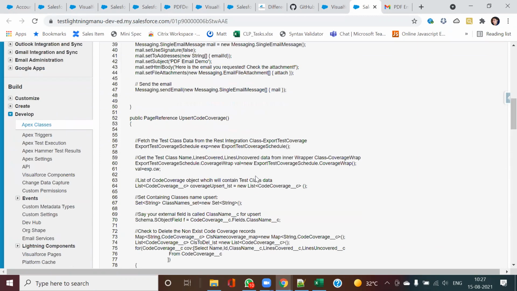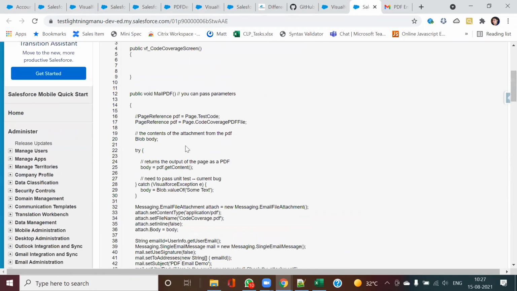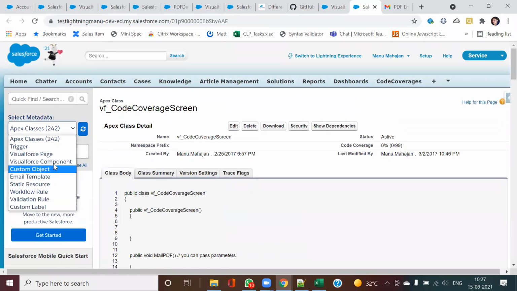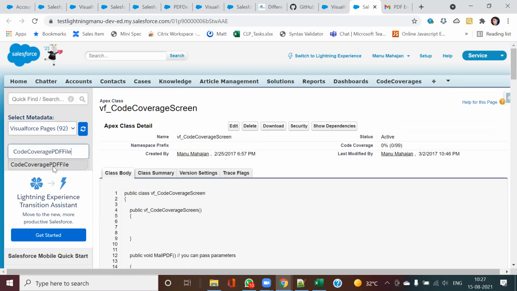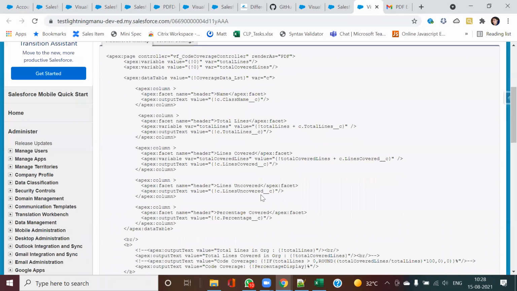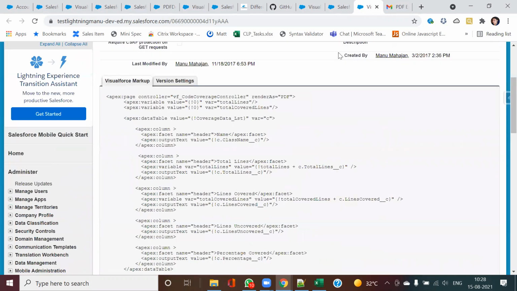So this is what has been done. Here I have a page reference, with the name of my page. So this is my page. Inside that, if you see, I render the coverage object records.